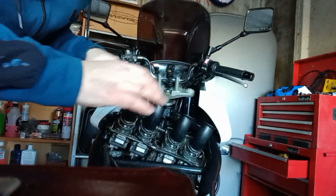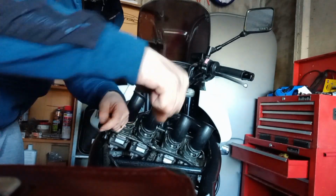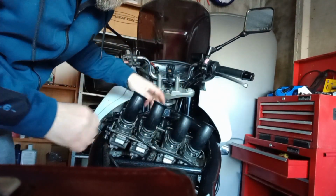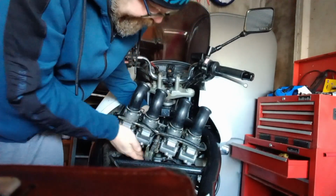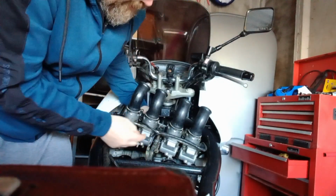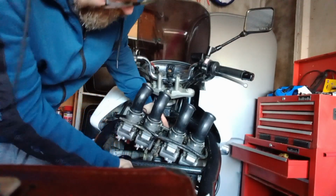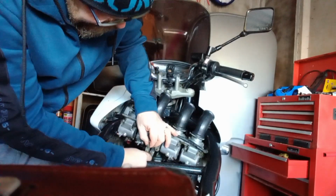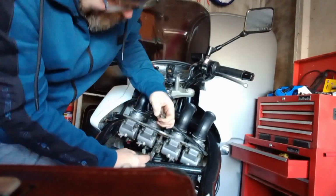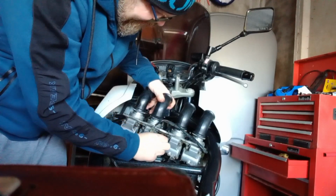When you're putting it back together, make sure you put them in the right order, or you're going to be opening your throttle the wrong way around. So now I just need to undo this loom here, and that loom here runs around and just connects up to this part here that connects into the coils and everything. It's just another little electrical connector that you can undo fairly simply, and that gives you access then into